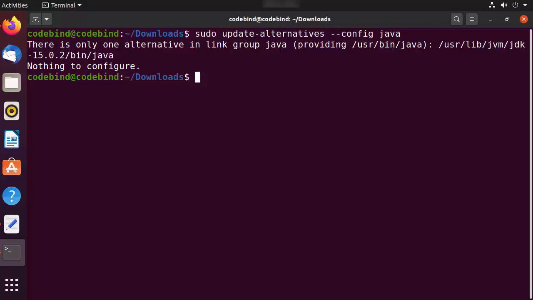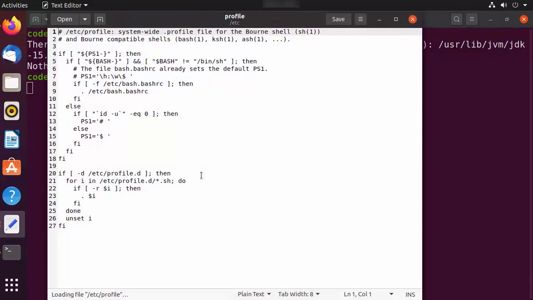Okay. So now at this point, what we are going to do, we are going to add this path as the JAVA_HOME environment variable. So for that, you need to edit a file which is called the /etc/profile file. You can use any editor of your choice, Vim, Nano. I generally use gedit to edit the file because it's relatively simple for me. So I'm going to just open this file, which is called /etc/profile, and then it's going to open this file like this.